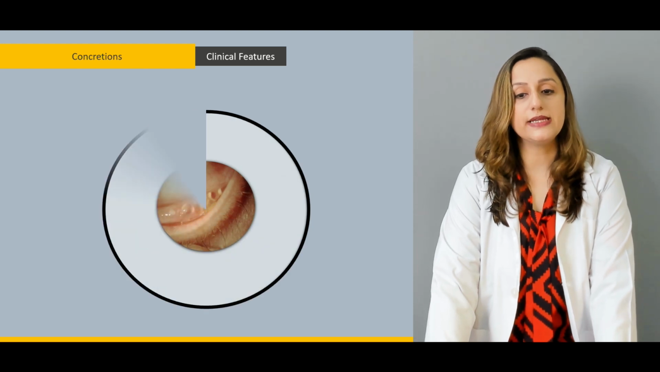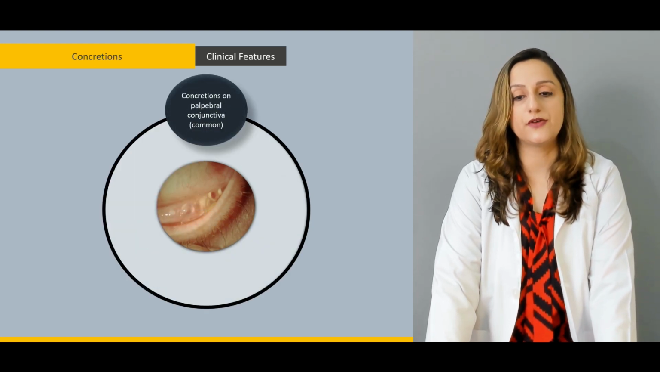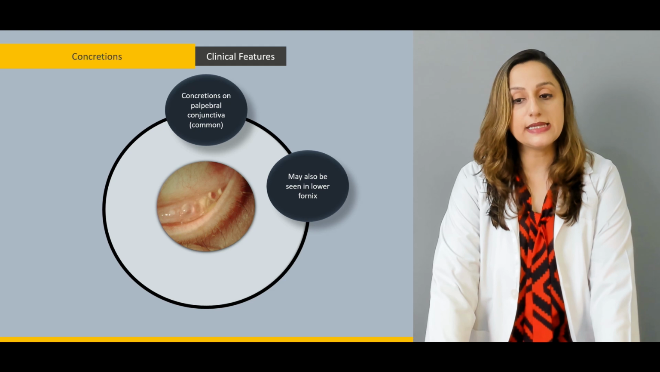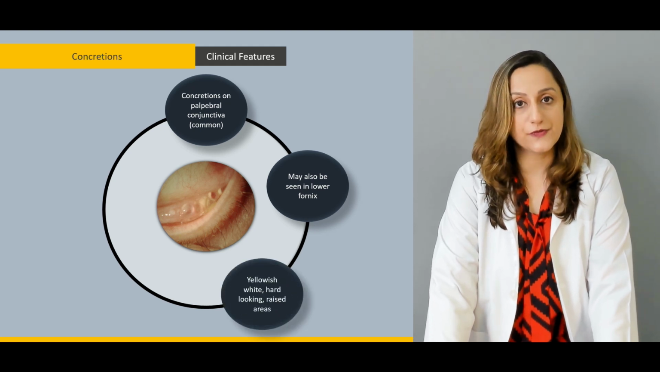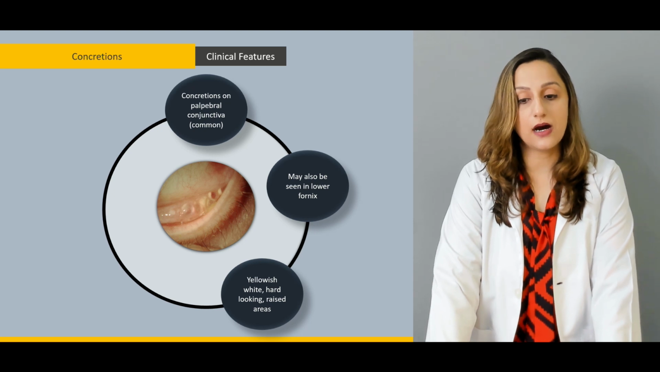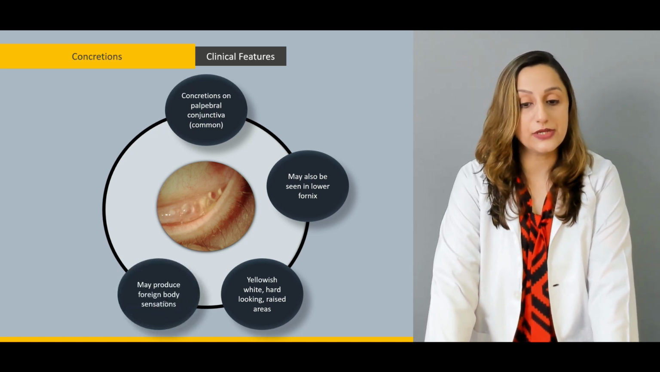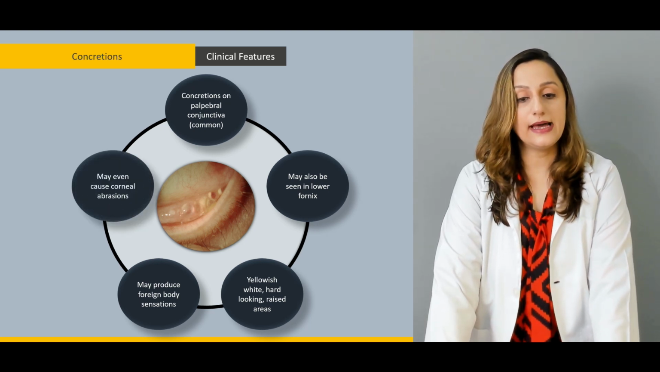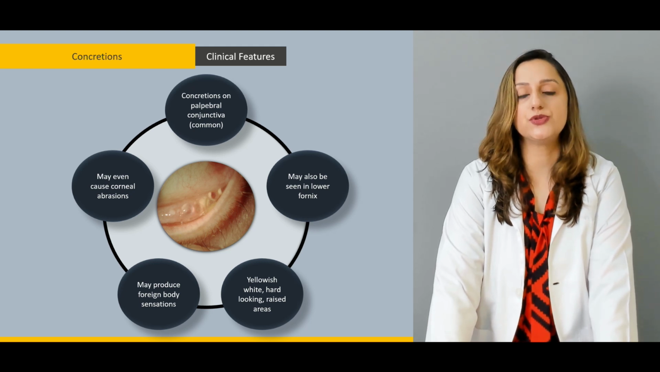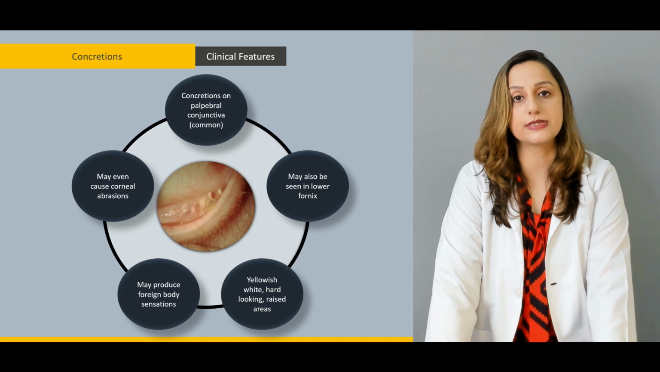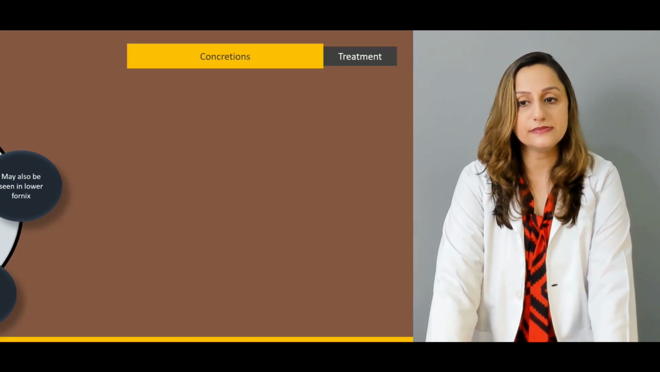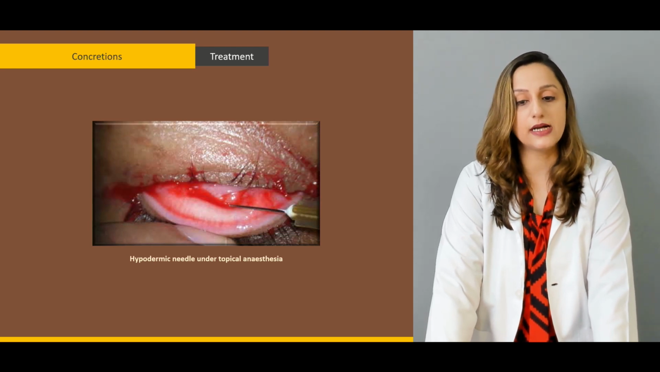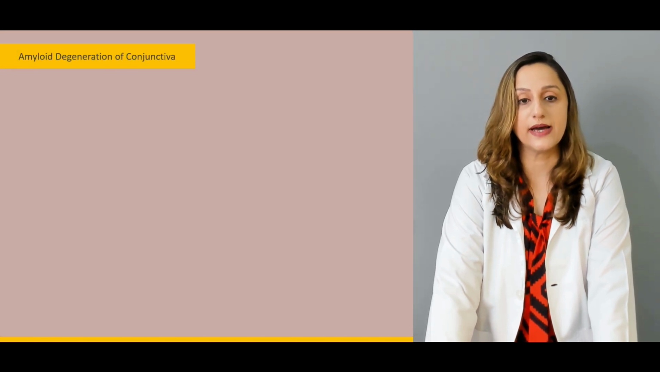The clinical features of these concretions: they are very common parts of the degenerative conditions. They may also be seen in the lower fornix or on the palpebral part of the conjunctiva. The final appearance is yellowish white, hard-looking raised areas. They may produce foreign body sensations in the eyes, and may even cause corneal abrasions due to the continuous foreign body sensation that the patient would complain of. The treatment includes using a hypodermic needle under topical anesthesia,